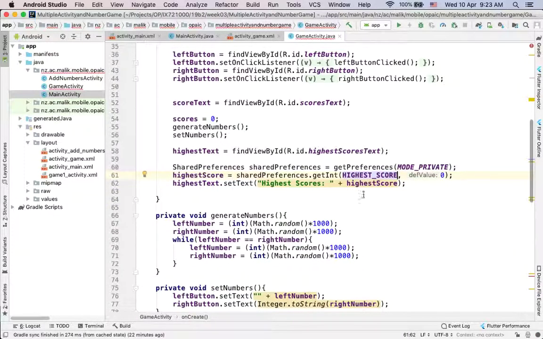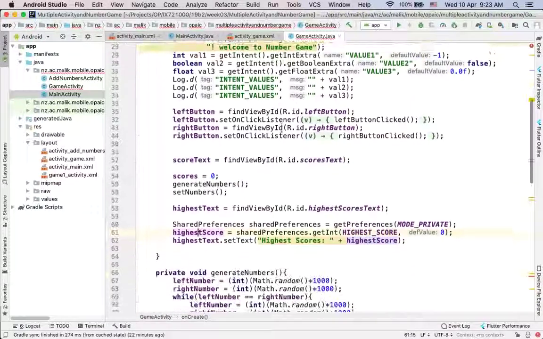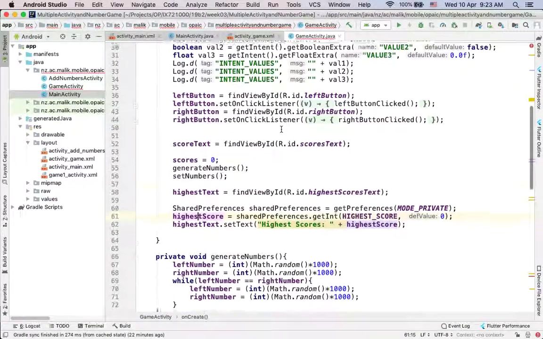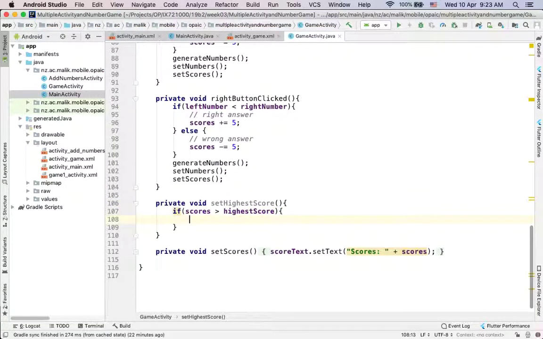Fine. I mean, we are reading the file's data from the private preference and saving it in the highest score at the onCreate method. Clear? And now we are just checking whether the scores is greater than the highest score, not the text. If the current score has become greater than the highest score, it will change the information inside our